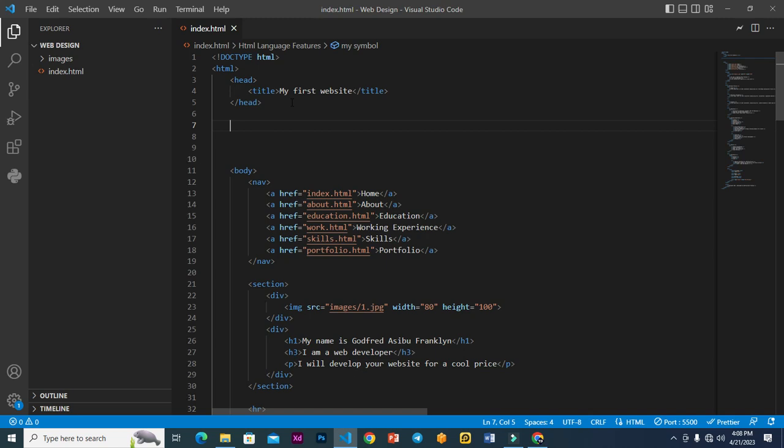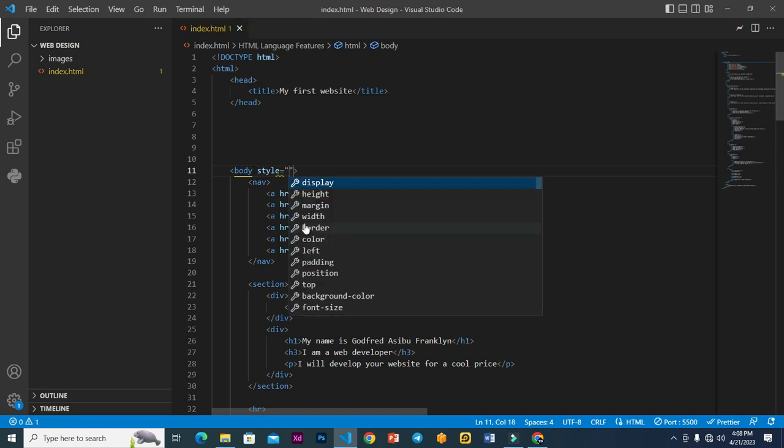So to start, we're going to talk about the inline styling, and I think with the inline styling, we'll add the styles to our tags. All right, so we'll take, for instance, the body here. You know, the body is a tag, okay, or an element. So we'll just come inside of it. We'll just add our style like this, okay, as an attribute. We pass the style as an attribute, and then we can set